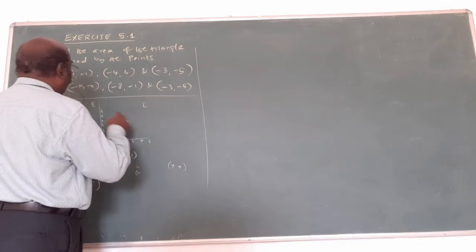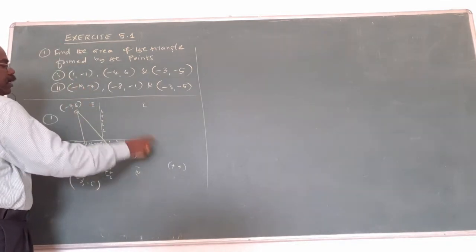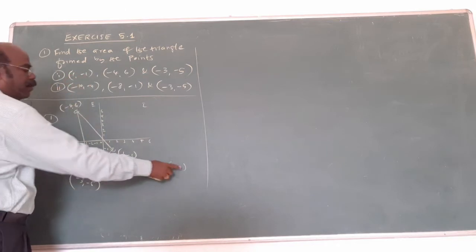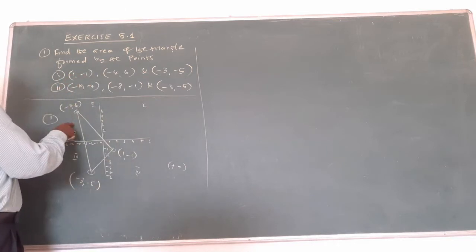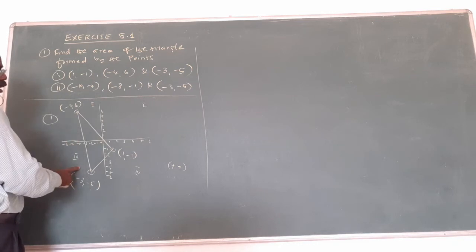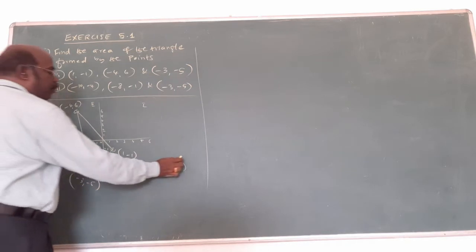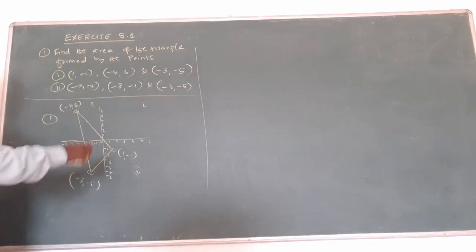Plus, both are positive signs. Suppose the number is plus, like 1 comma 1. In this way, it will come as plus, first quadrant. Negative, positive, second quadrant. Negative, negative, third quadrant. Positive, negative, fourth quadrant. In this way, plot the points and join this triangle.